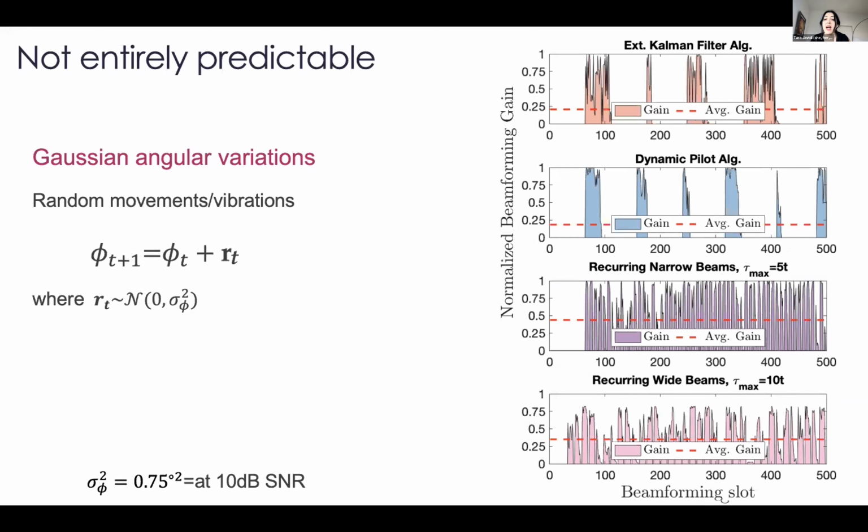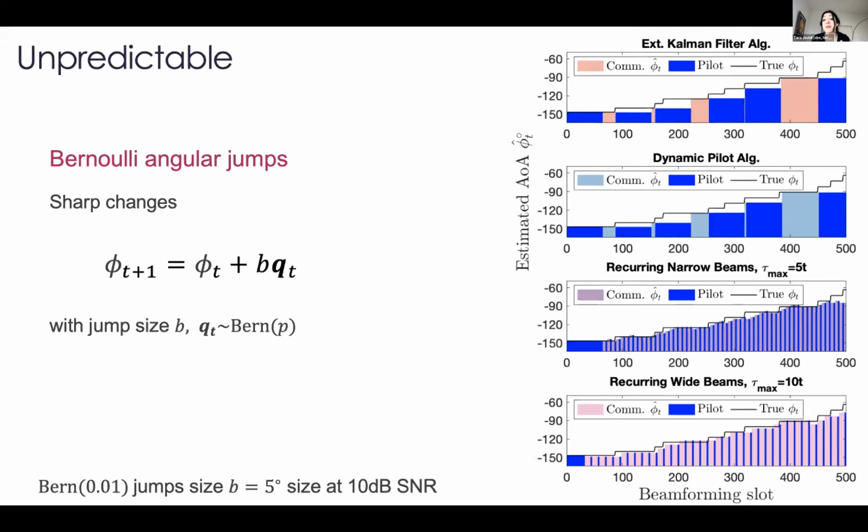And you can also ask, why do I care about angle of arrival? I really care about the normalized beamforming gain, the quality of my communication. This looks at the same object from a different angle, normalized beamforming for the Gaussian mobility. Another mobility model that is very common, and a good model for mobility, is almost constant position with sporadic jumps.